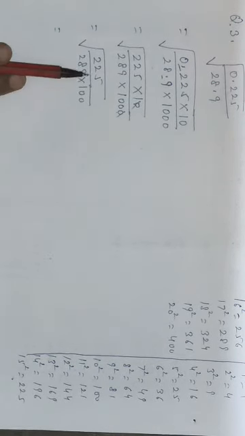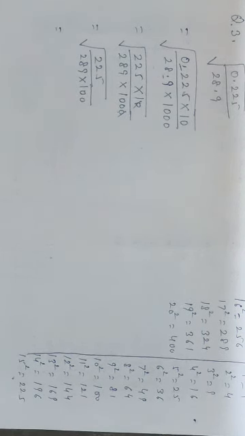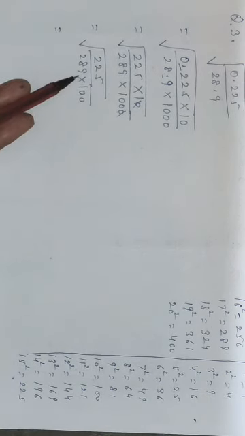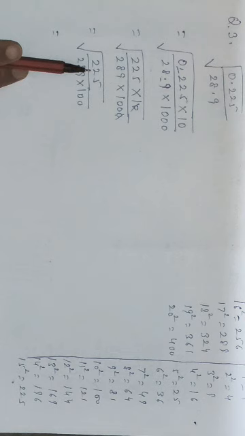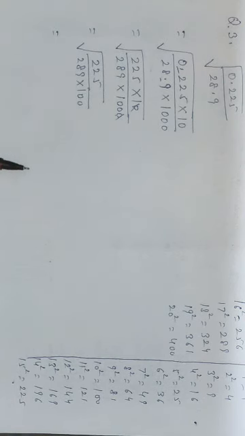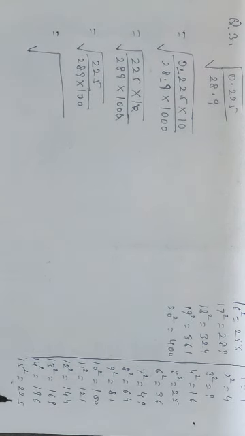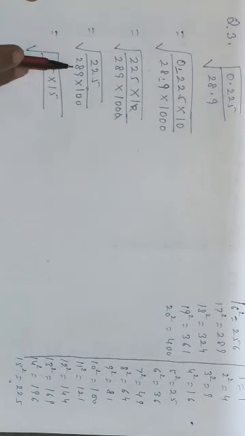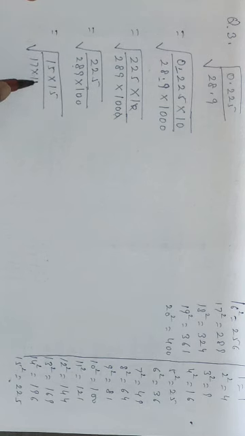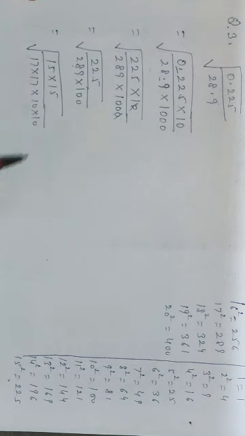So in this question, as you can see, 225, and we know that 225 is the square of 15. So we can directly write 15 here, or you know the method that you can also do this by prime factorization method. So we can find the factors of 225 also and then write it here. That is also correct. So it's up to you whether you want to elaborate the factors or you just want to write 15. 15 into 15. 289 is the square of 17. So I'm just writing here 17 into 17. And 100, we know that it's 10 into 10.